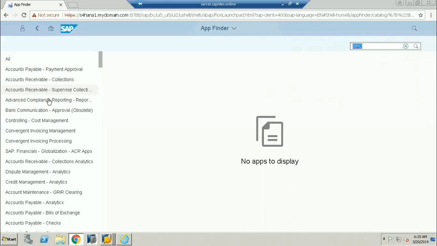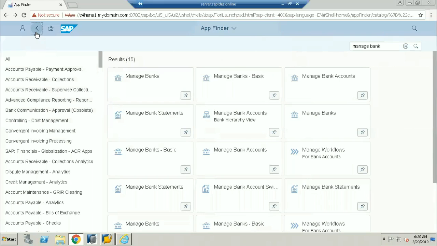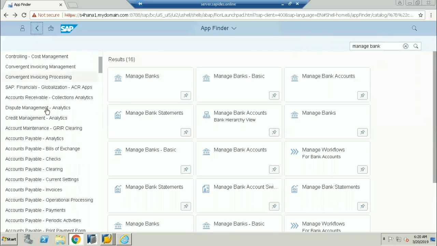If I come down, these are all the apps which have been given access to us. This is how I got this: if I look on the find app, I get all this information. From here, if I click on this accounts payable analytical, see here, what are the apps which are available in accounts payable? If I want to do the analytical, this is only the heading. Under this heading, there will be several apps.